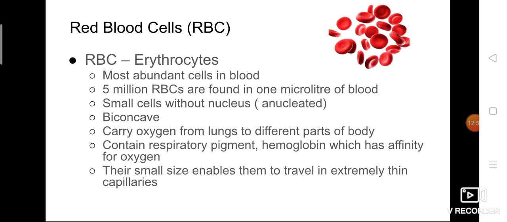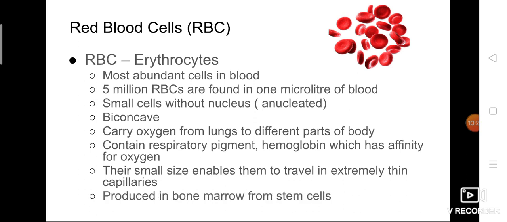Okay. So the vessels in which blood flows are called blood vessels. One of the blood vessels is the capillary, and they are very thin, tube-like structures. Since they are very thin and the RBCs are also very small in size, RBCs can easily flow inside the thin tube. So they are very small in size.